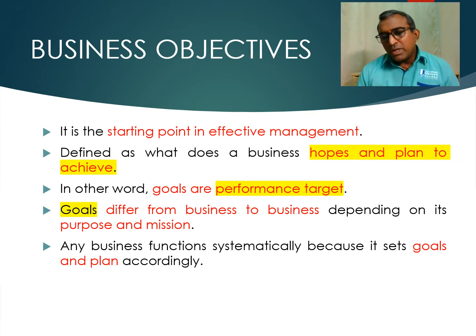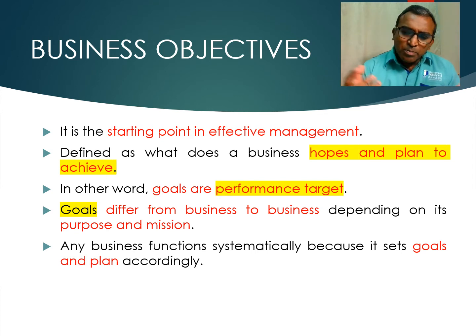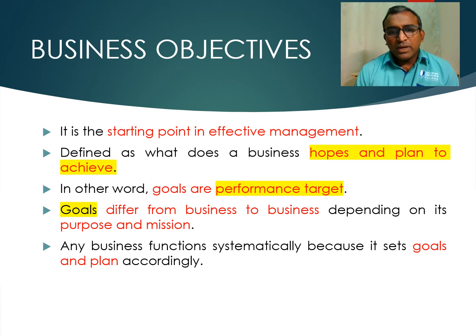Right. Some of the business plan will not necessarily have an objective as well as a goal, but objective and goal can be said as a particular project's objective, or a particular project's goal for a company, for something of a short term, or an intermediate or long term kind of direction. So objective can be defined as hopes and plans to achieve, and it is also goals which have a